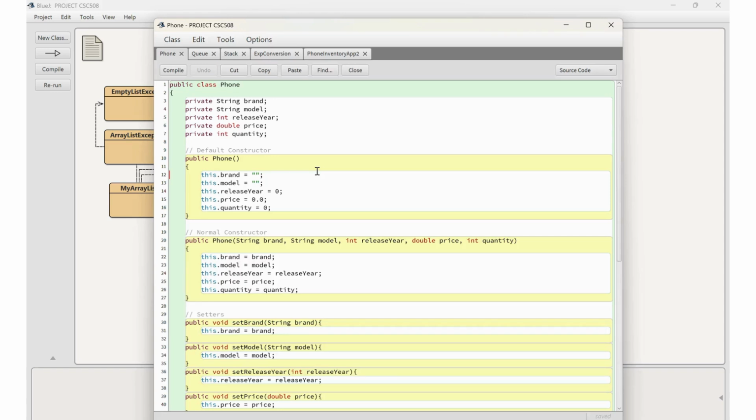Okay, this is my Phone class. This is the class that represents a phone object in my application. At the top I declare 5 private attributes: brand and model, string type; release year and quantity, integer type; and price, double type. I declare them as private to follow the encapsulation principle, meaning these attributes cannot be accessed directly from outside